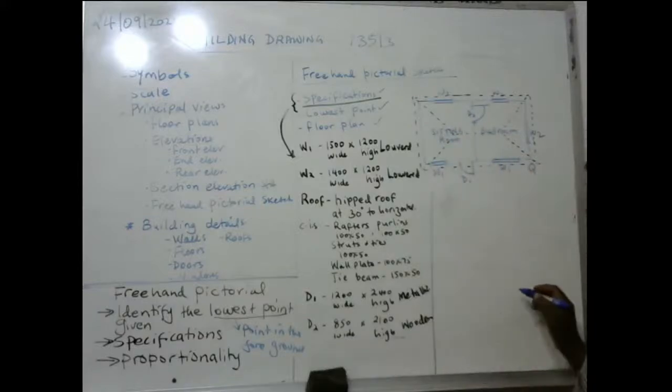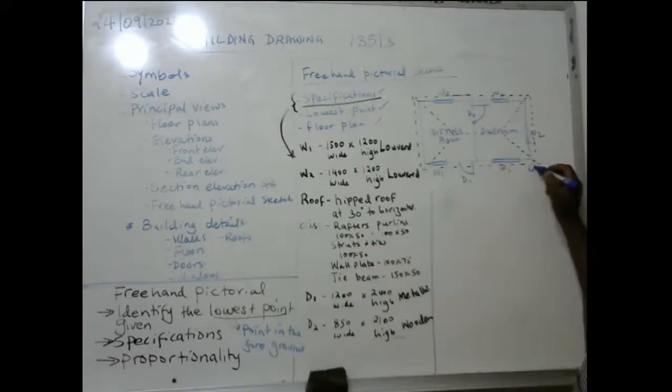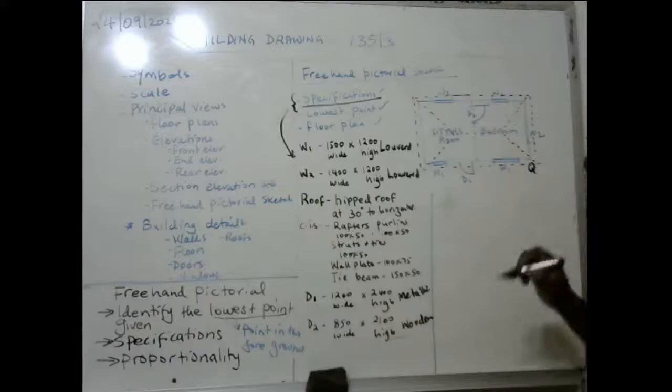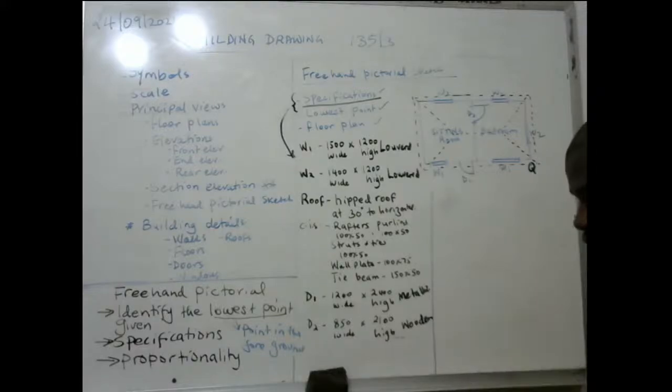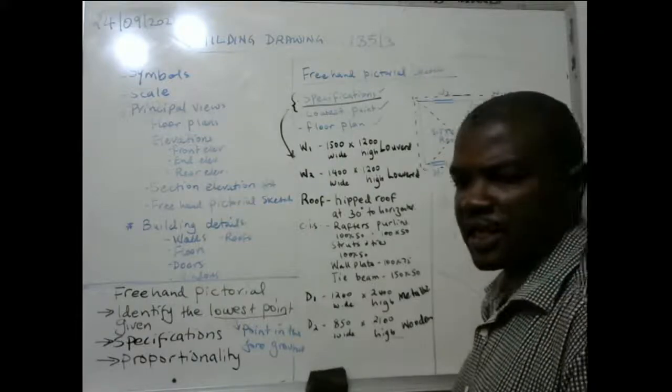So I'm using this one as an example, so we shall use it to develop a freehand pictorial in that regard. If we begin from here and say that this is the lowest point Q, that is the lowest point Q. So we begin from there. So when you're making the freehand pictorial, because it is an isometric sketch,